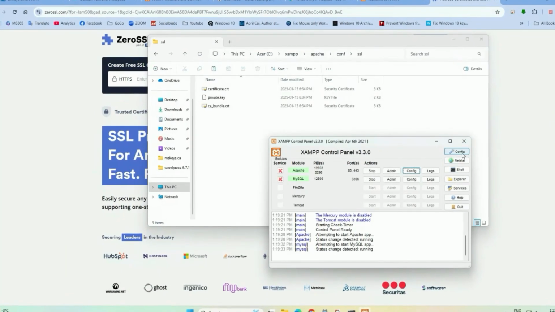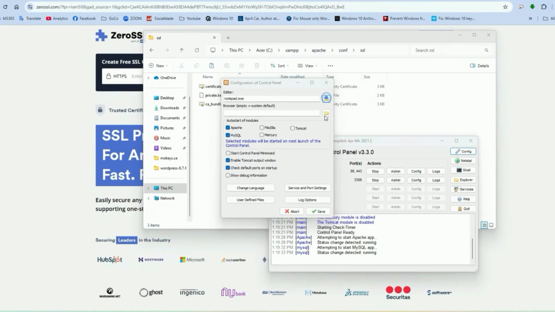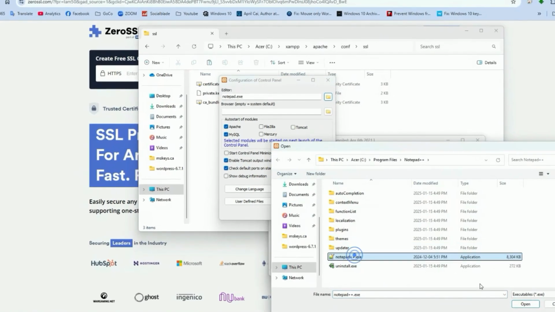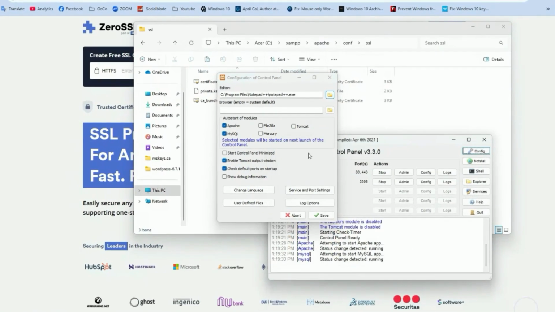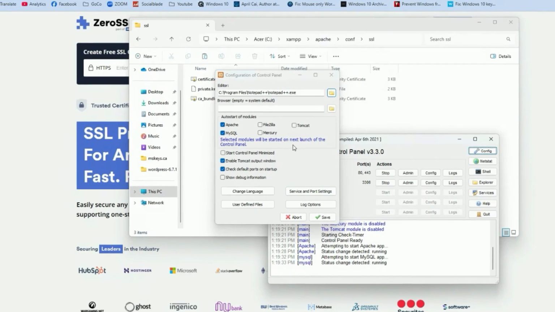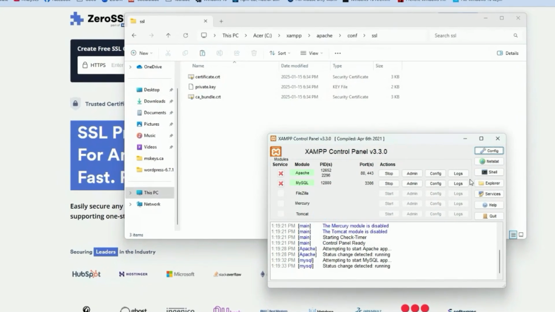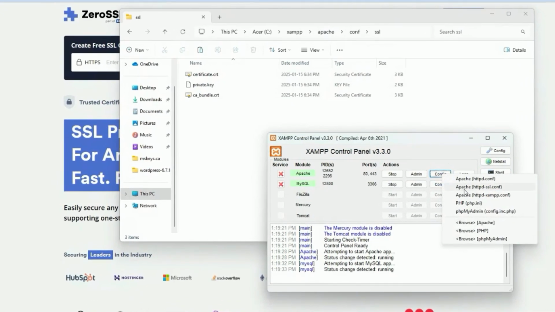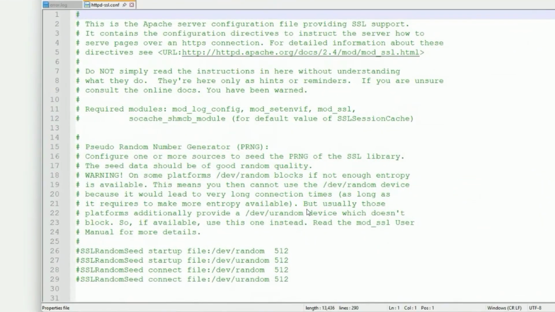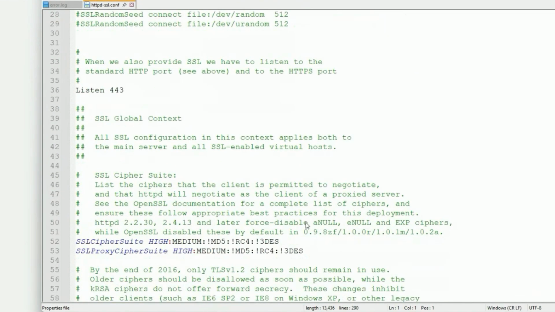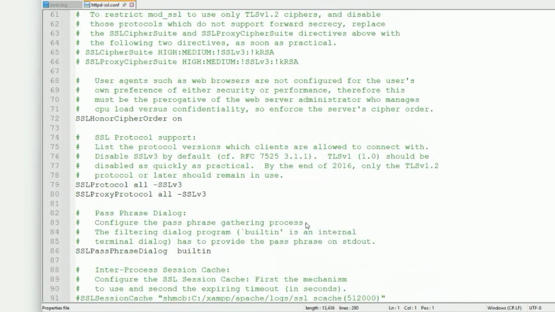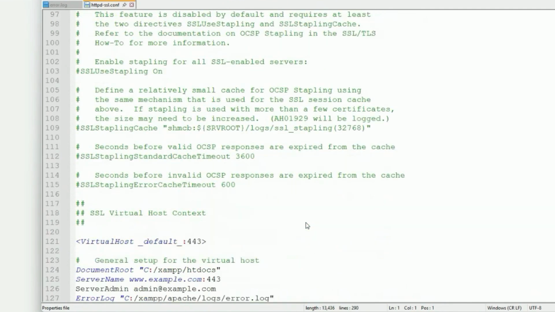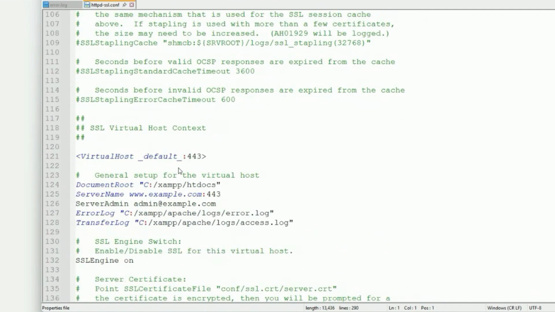Wait a moment. Let me also change it using Notepad++, because Notepad++ is good for editing. Now let's go back to here again. You can see the different color. It's blocked. So we need to find the virtual host 443 and change the setting here, which should be